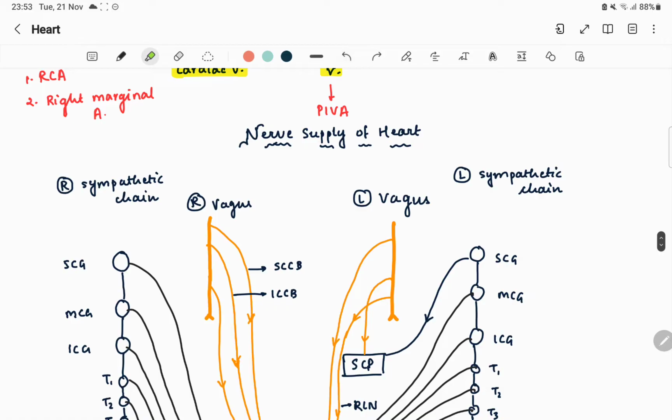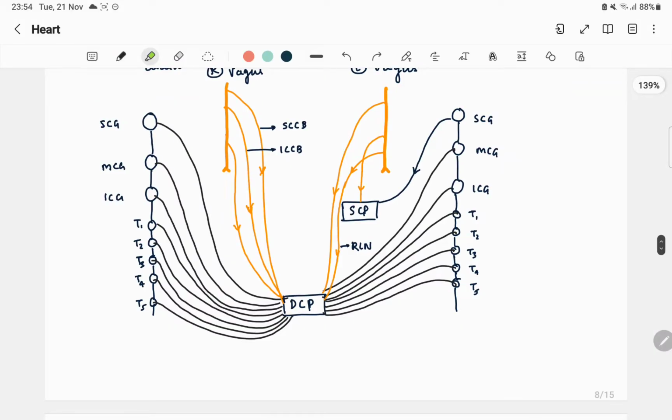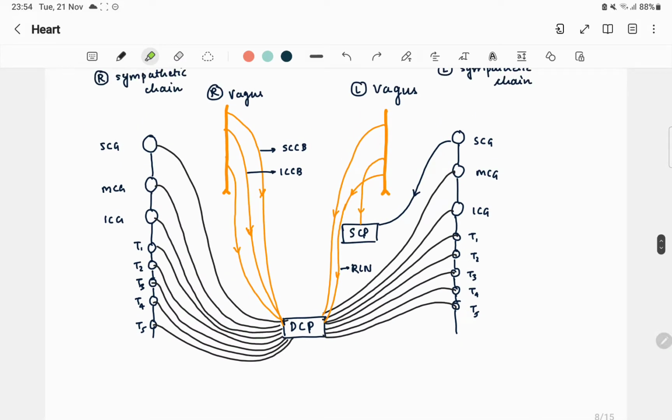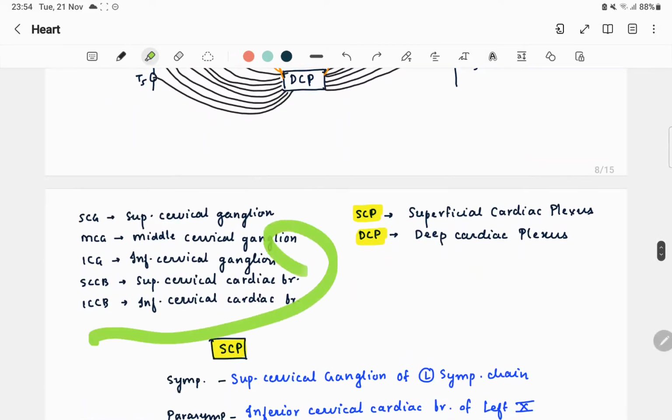Let's talk about the nerve supply of the heart. So we are discussing the sympathetic chain, the right sympathetic chain and the left sympathetic chain. So this is the sympathetic chain, and you can see here how it is forming a plexus or network. First, let's discuss the